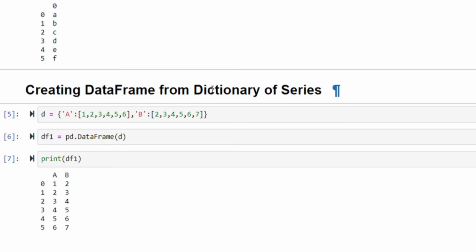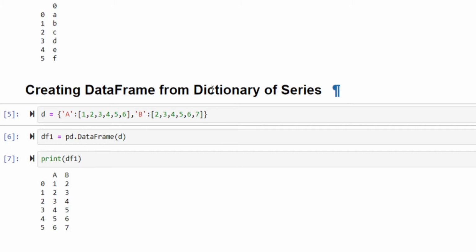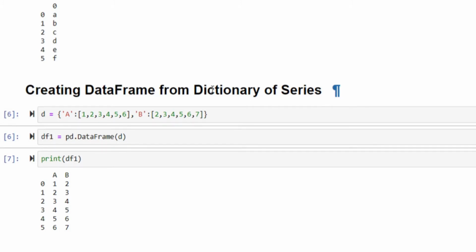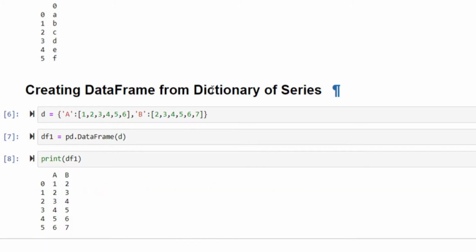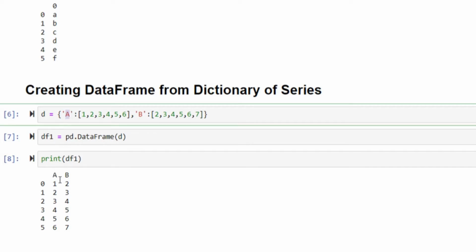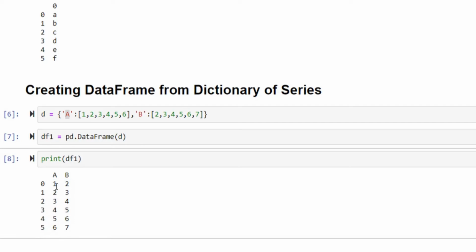Okay. Now, creating a DataFrame from a dictionary of Series: first of all you have to create a dictionary where one key will be pointing towards a list and another key will also be pointing towards a list. Now df equals pd.DataFrame with the dictionary name, and print df1. In the first column it will be carrying a, which is the key of the first element in the dictionary, and all the elements in the column will be the elements of the particular row. Similarly, b will be the second column with all elements in the rows.